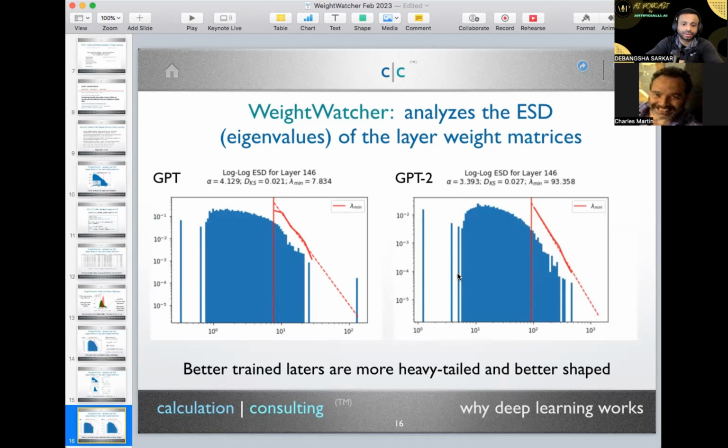So I have a question. Go ahead. I have a question on this slide. What's the significance of the distance matrix and the lambda min? Lambda min signifies the start of the tail. The way the power law fit algorithm works is that you have to guess the start of the tail, and the tail could be anywhere. So we use a maximum likelihood estimator, a standard estimator in statistics, the Clauset estimator. And it tries to find the start of the tail.